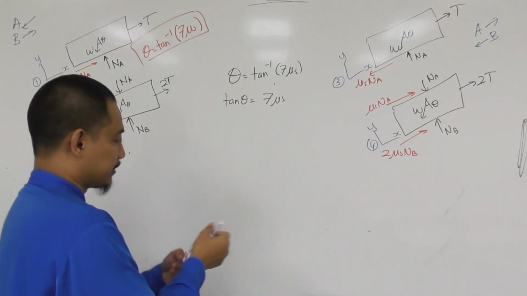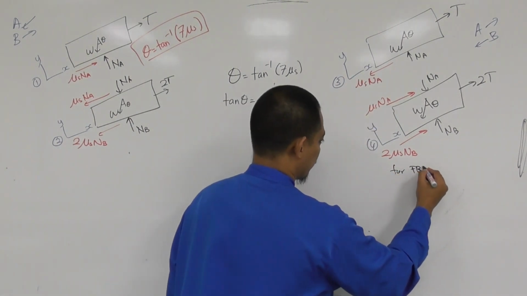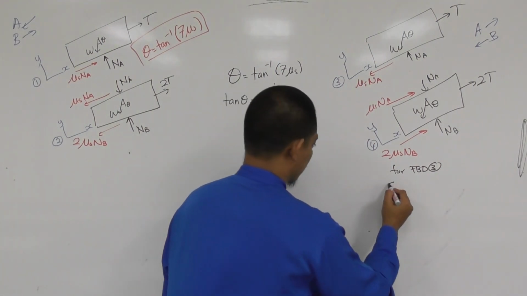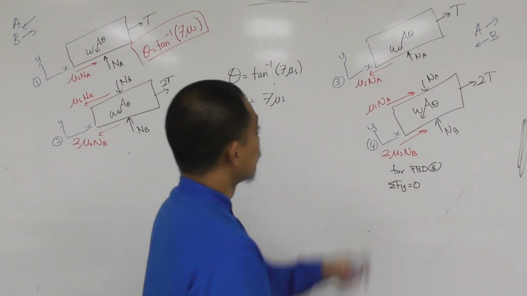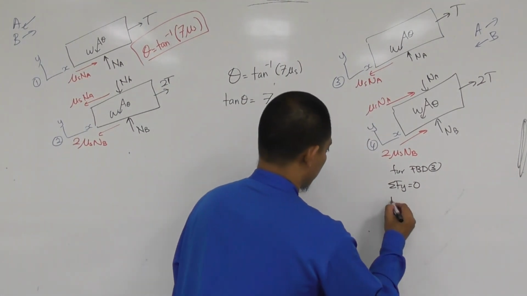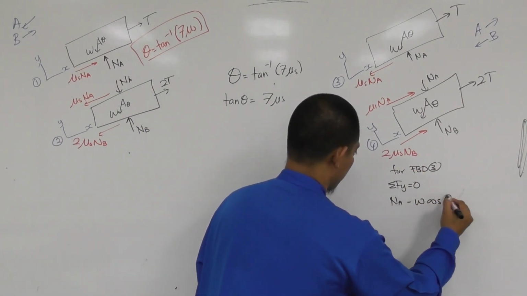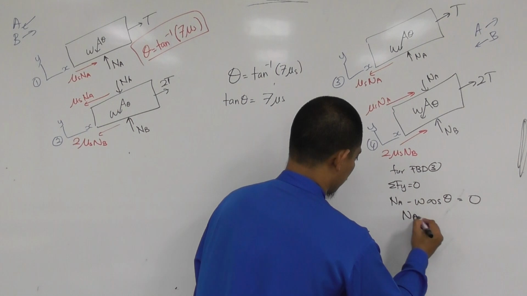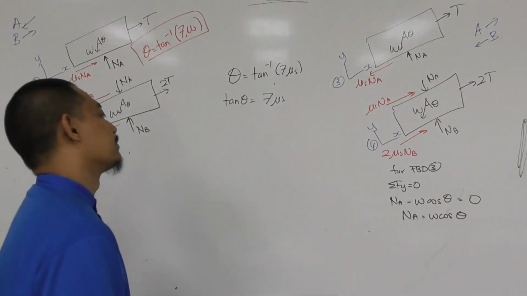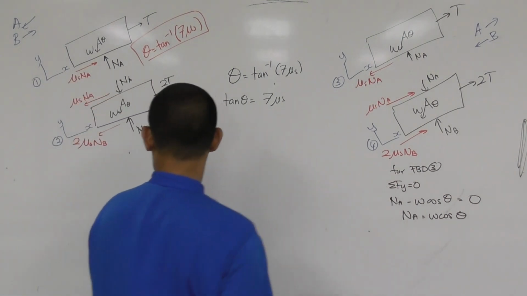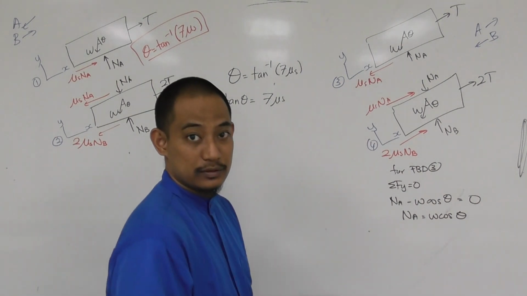Right, so in that case, if you do free body diagram number 3, so you do summation of Fy equal to 0. So you have NA minus W cos theta equal to 0, so NA equal to W cos theta. Okay, so hopefully I have enough space. Okay, I'll put it here because is it enough? Okay,